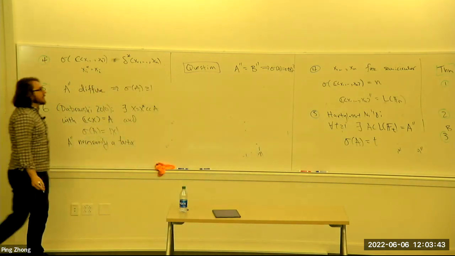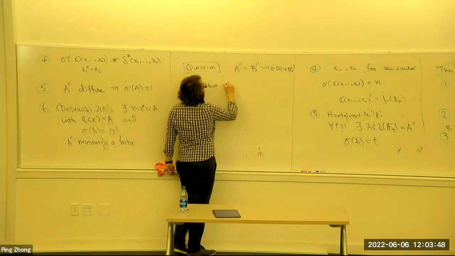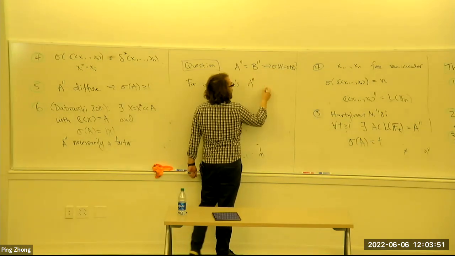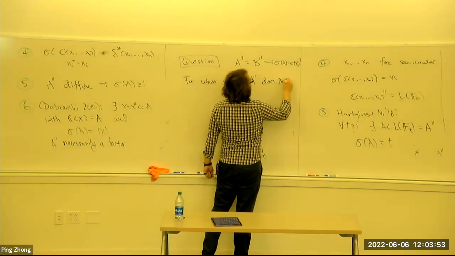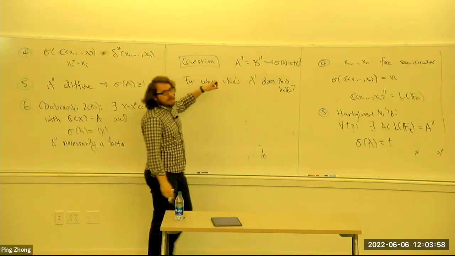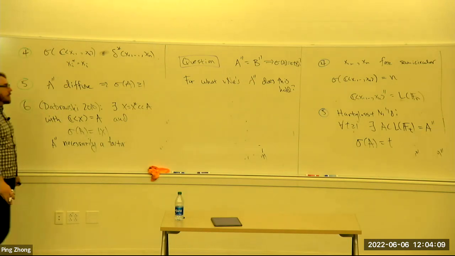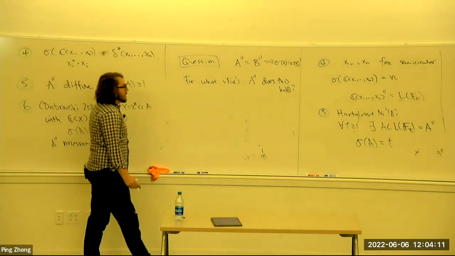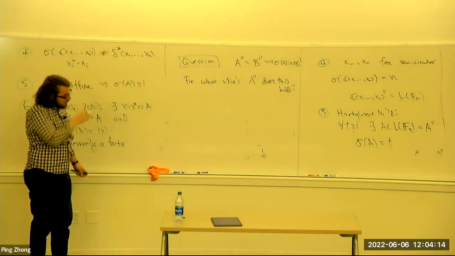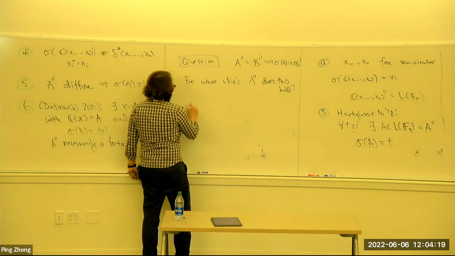So a more modest question is then, for what von Neumann algebras A double prime does this hold? Whenever this holds, what you're really saying is that this sigma of A is not just an invariant of the star algebra A, but rather an invariant of the von Neumann algebra it generates. So I want to know, for what von Neumann algebras is the free Stein dimension an invariant of the von Neumann algebra? And a sort of initial example, which is pretty stupid, is if A is finite dimensional,